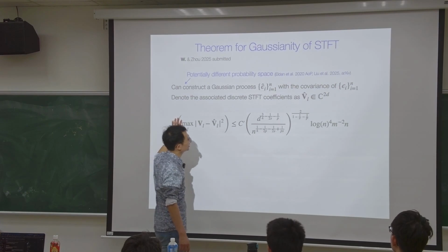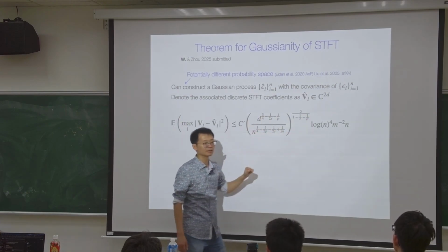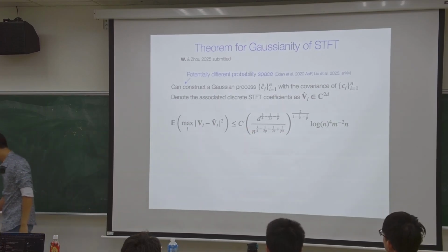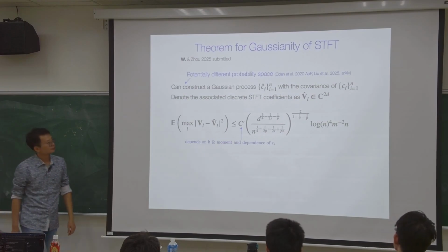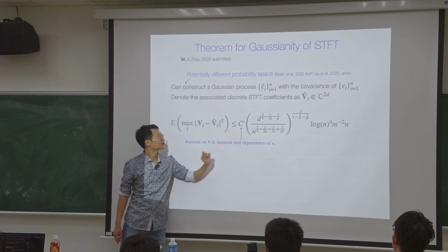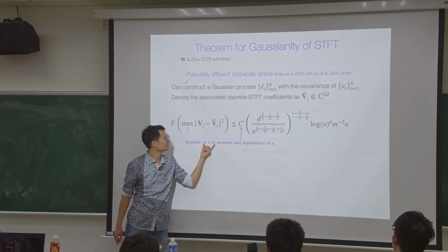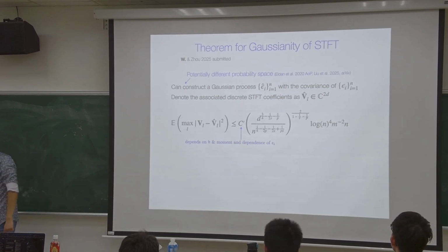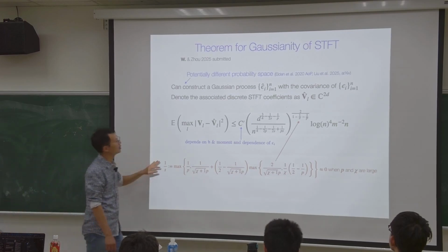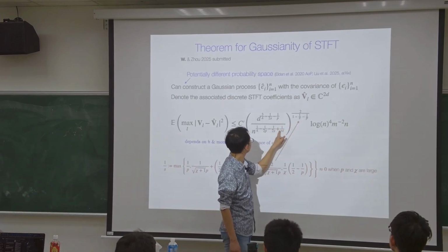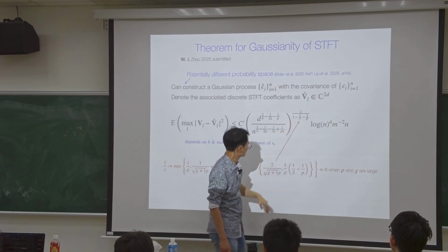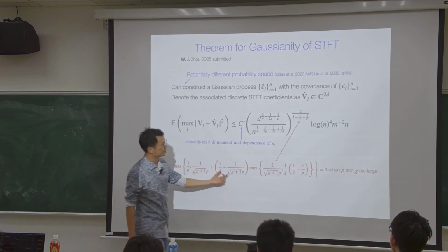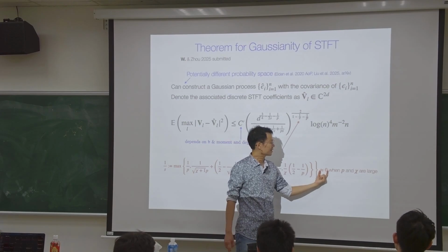This can actually be controlled by something on the right-hand side, which looks very complicated. But don't worry, let me show you. It's actually very simple. First, C prime is just a constant that depends on the window, the moments condition, and the dependence structure of the data. And all this is chi, 1 over p, p, s, so crazy. But don't worry, it is crazy, I know, but just forget about this craziness. Just view this as 0.